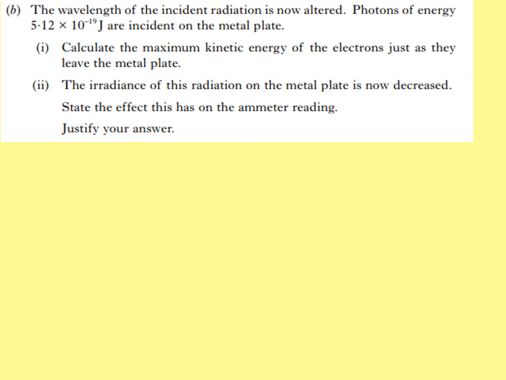In part B, the wavelength of the incident radiation is now altered. Photons of energy 5.12 times 10 to the negative 19 joules are incident on the metal plate. So we now have more energy incident on the metal plate. Calculate the maximum kinetic energy. So EK is equal to hf minus hf naught. We're told that the energy of the photons is